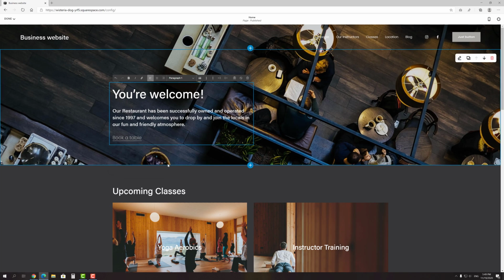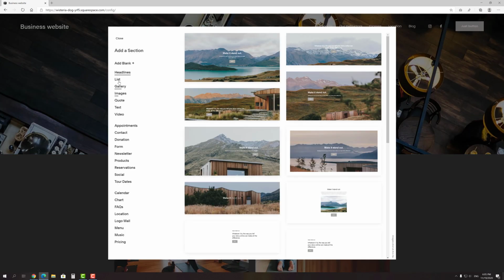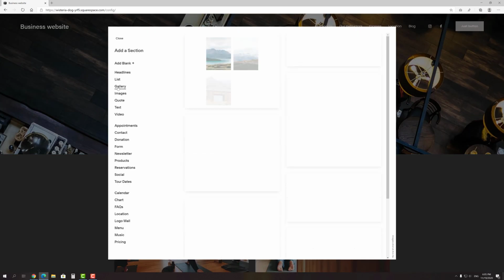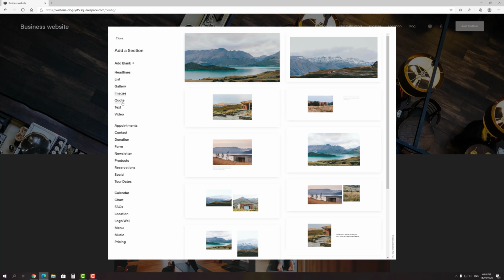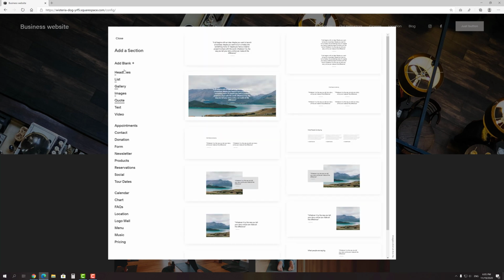Alright, since now it's clear how to edit an existing block, let's try to add a completely new one. I think every restaurant's website should have a short menu listing their specialties on the homepage. Let's see if Squarespace has ready-made sections for this purpose. Press the plus button. On the left menu you can find all available sections. As you can see, there are a lot of them, and that's awesome for beginners and those who just want to launch their site as soon as possible. Also, you can add a blank section to make it the way you want from scratch.